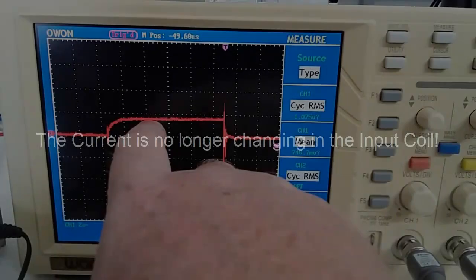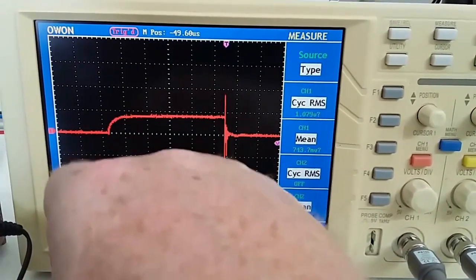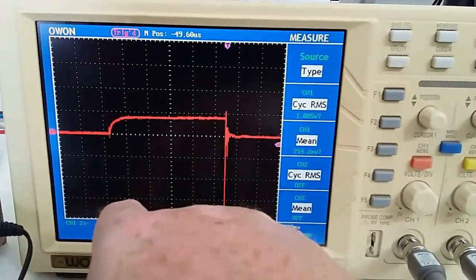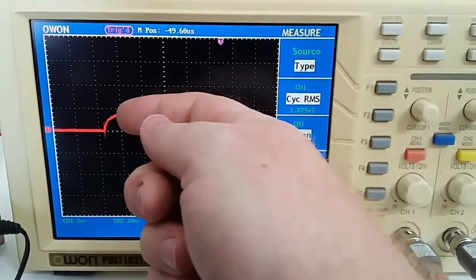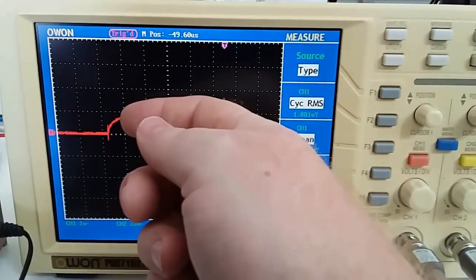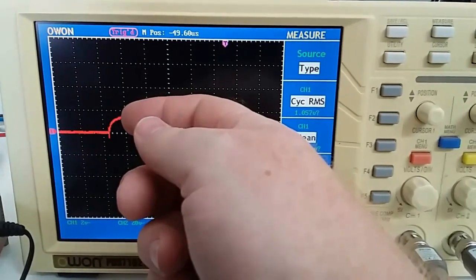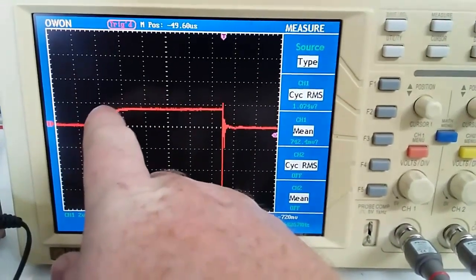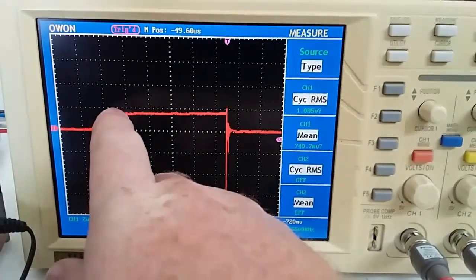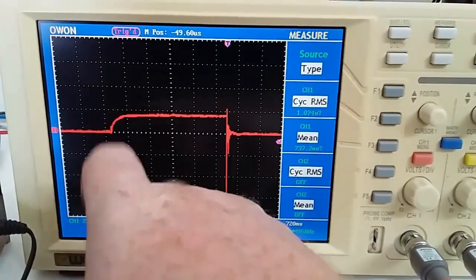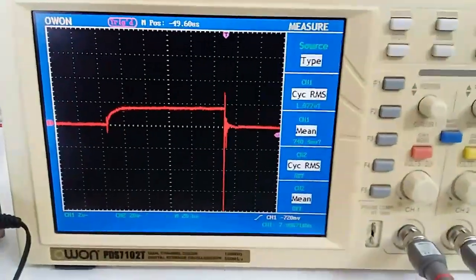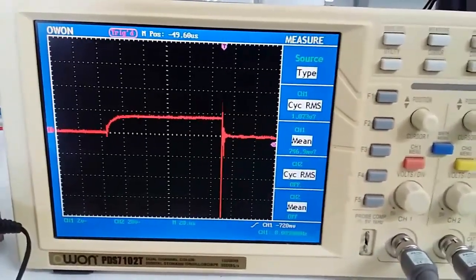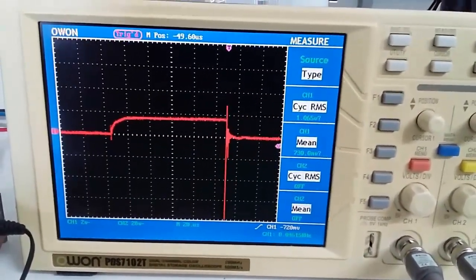The current that runs through the input coil is not going to increase anymore, it's not going to decrease anymore until we switch it off or do something else strange to the circuit. Alright, so you could say that our effective current, the change in current, remembering that we are looking at the change in current, is only that bit there. So the change in current where it's going to do something to the partnered output coils is only very, very, very small. And what we might do is wind that back a little bit and see if we can get a bit of an idea on roughly what